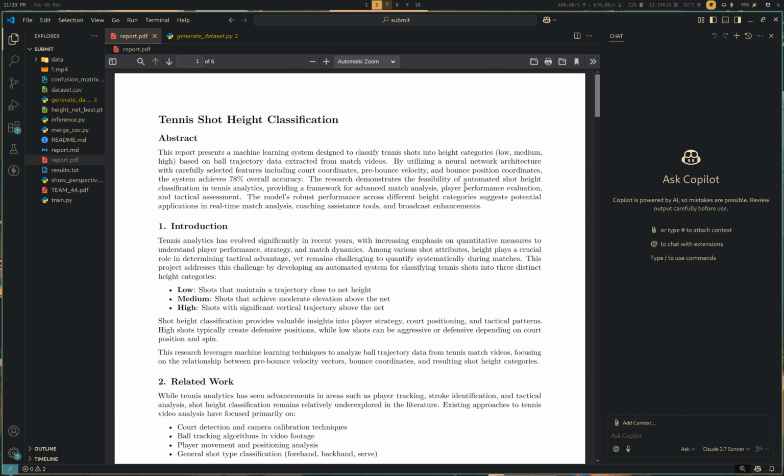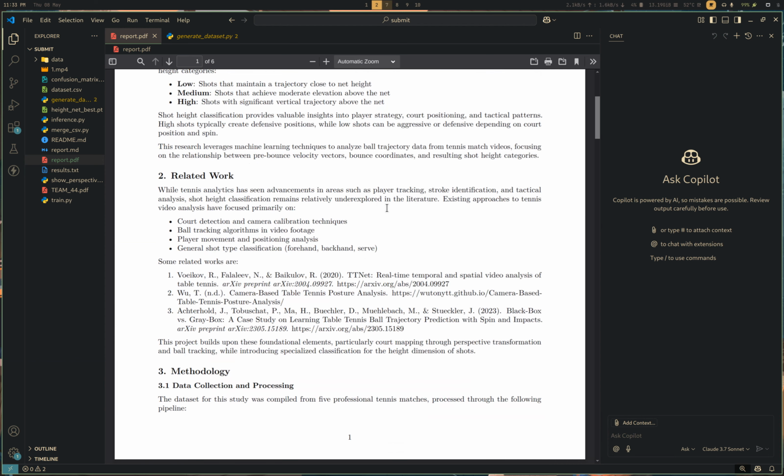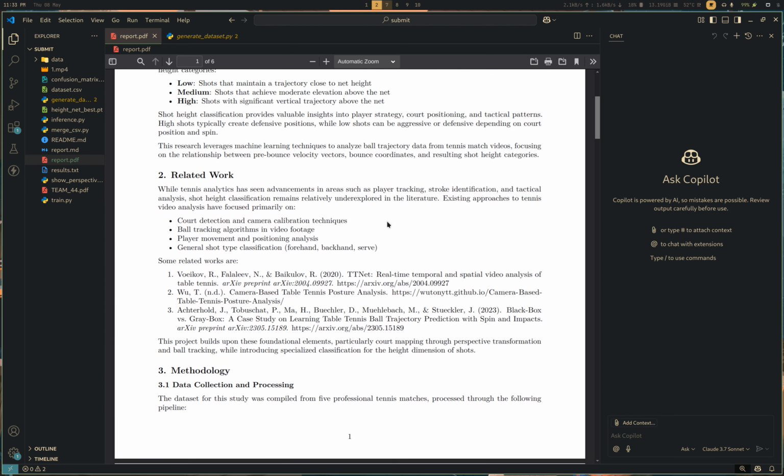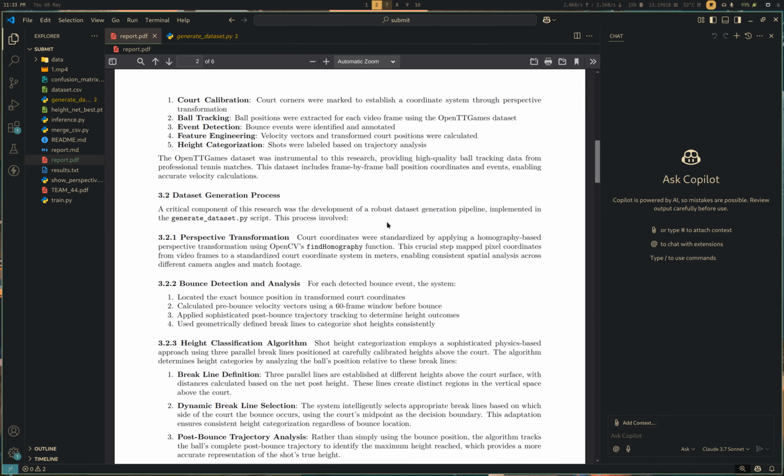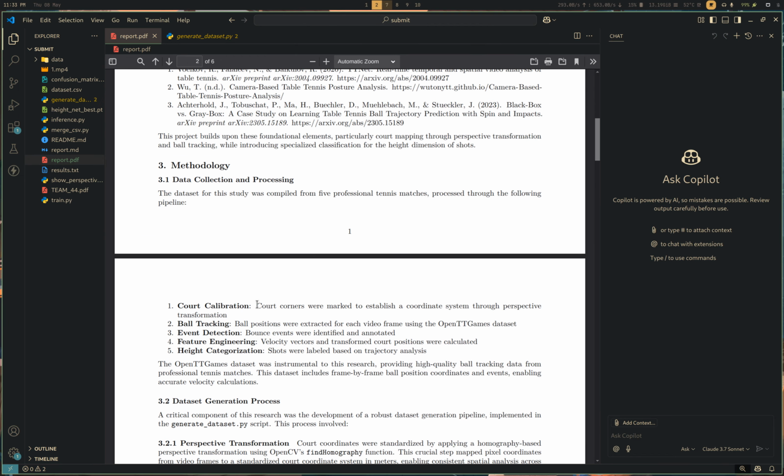Since there doesn't exist a data set which classifies shot heights for table tennis games, we had to generate our own data set based on the OpenTT games data set. For this process, we first marked the four corners of the table tennis table in the video, and also the nearest net post's top and bottom coordinates.